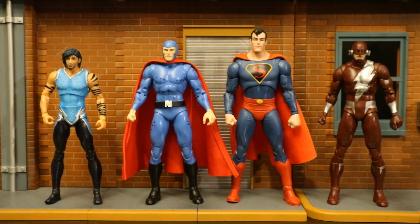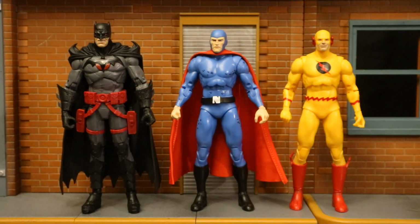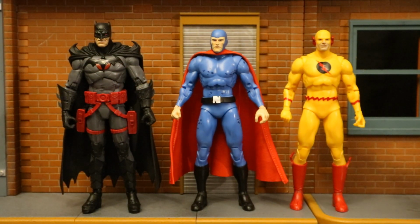Now let's check them out, next to some other recently released McFarlane DC Multiverse figures. Here he is, next to the rest of his wave. We have the Titans Tempest, Shadowpact Nightmaster, Flesher Superman, and the Walter West Dark Flash. Here's Nightmaster, next to the most recent Batman movie wave. Both versions of the Batman Begins Batman, Michael Keaton Batman, and the Batman Begins Scarecrow. And here he is, next to the Flashpoint Thomas Wayne Batman